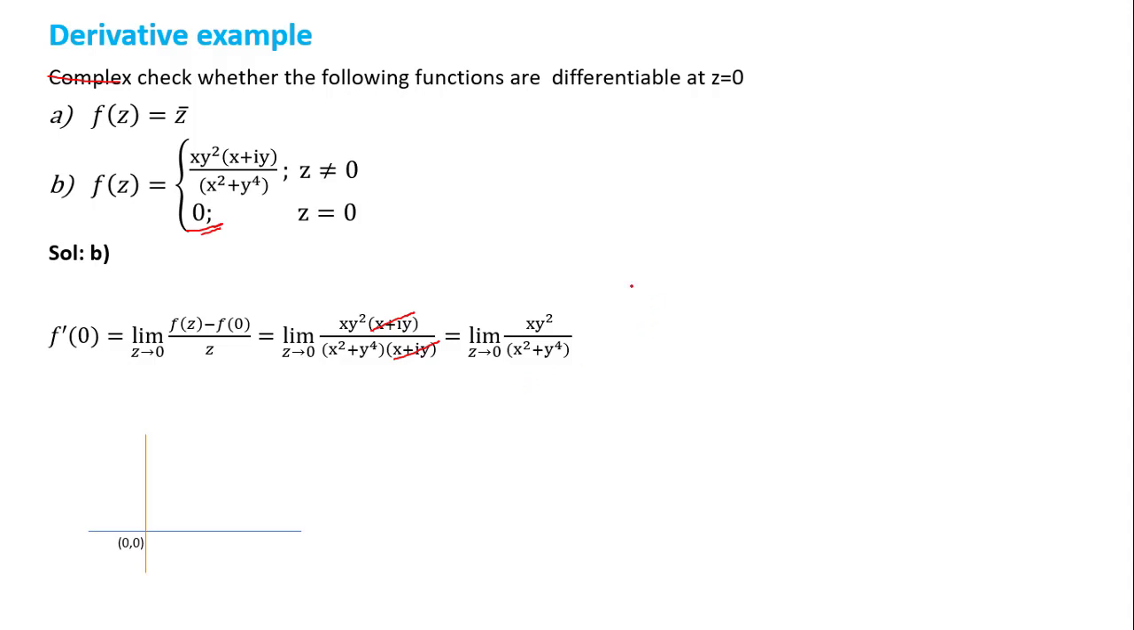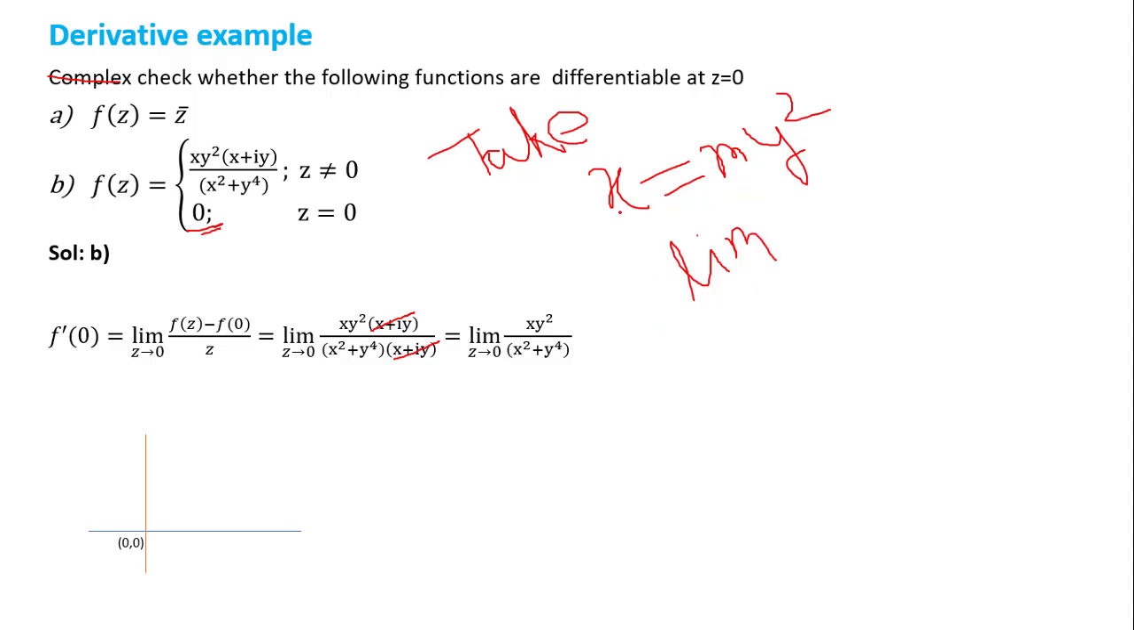So in that case, what do we do? Here you can see that the power of y is double the power of x. To make it homogeneous, we can take x equal to my square as our path. I am taking x equal to my square as my path. So what will happen? All the x will be converted into y. So limit y tending to 0, because all the x will be converted into y, of m y power 4